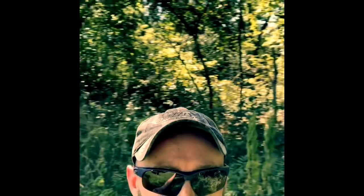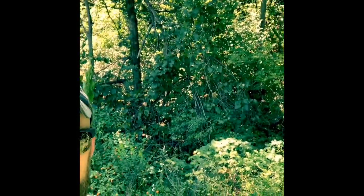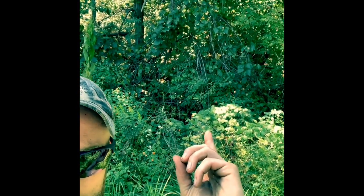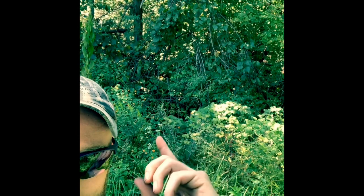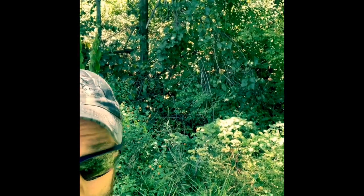I moved nice and slow, and I was looking all over the place. I was looking back here, off to the right, off to my left. Your right, my left. Who's really counting? Long story short, I saw a tail flip right about there, and I had a heart shot right here. Aimed for the heart of this doe that I thought was a doe, and I shot it, drilled it in the heart,